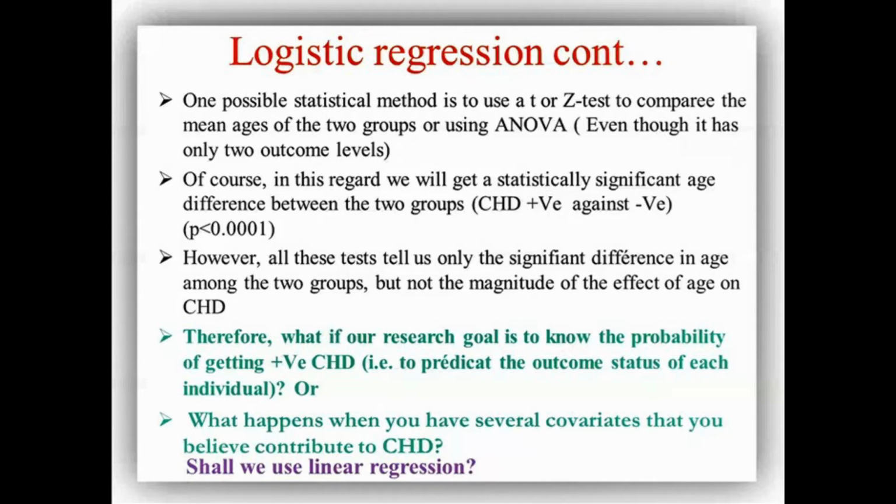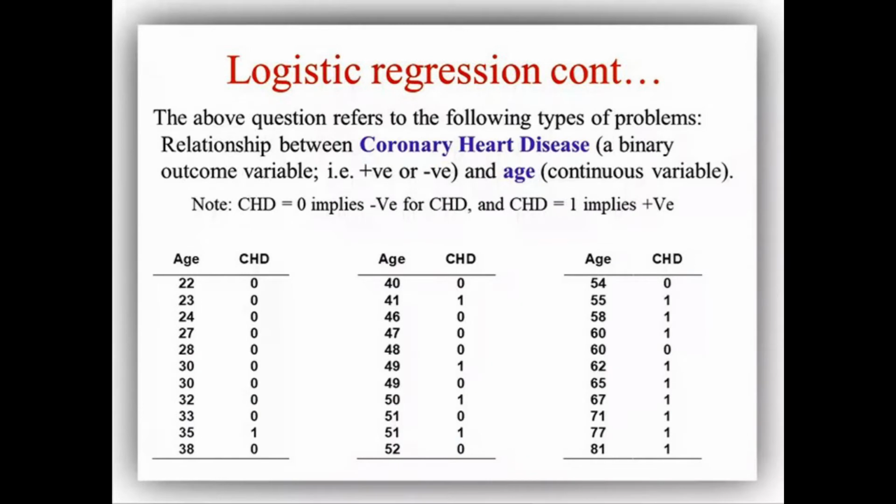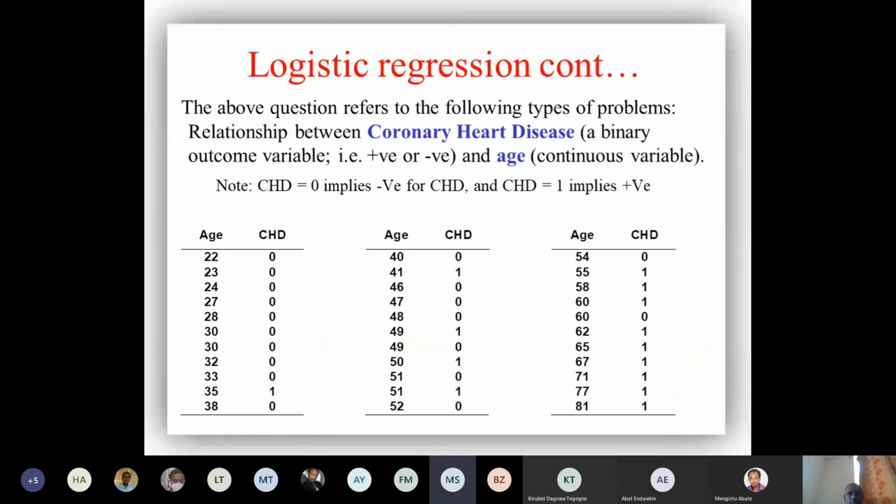So analyzing categorical data, or when the dependent variable is categorical, refers to the following type of problems: the relation between coronary artery disease, a binary outcome variable that is either positive or negative. As you can see, we have two possible outcomes, positive or negative, right? So here we have an outcome of coronary artery disease, which is a binary outcome, either positive or negative,